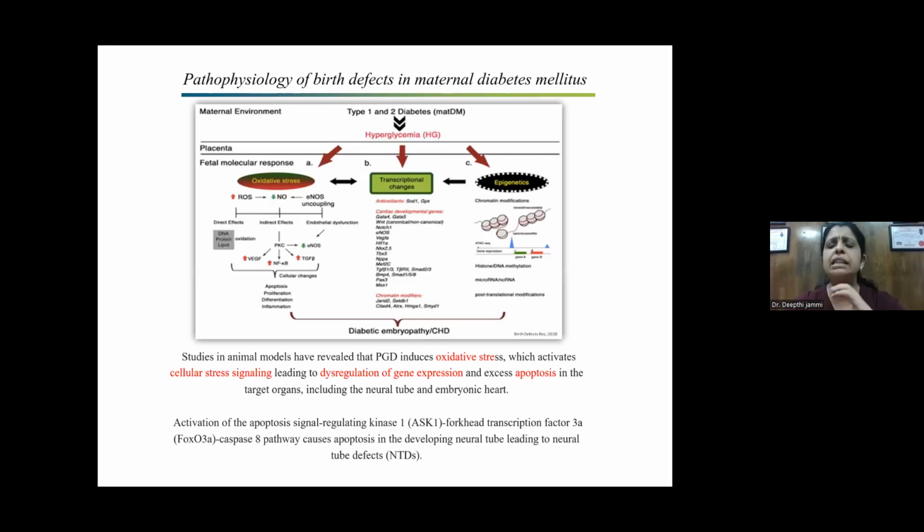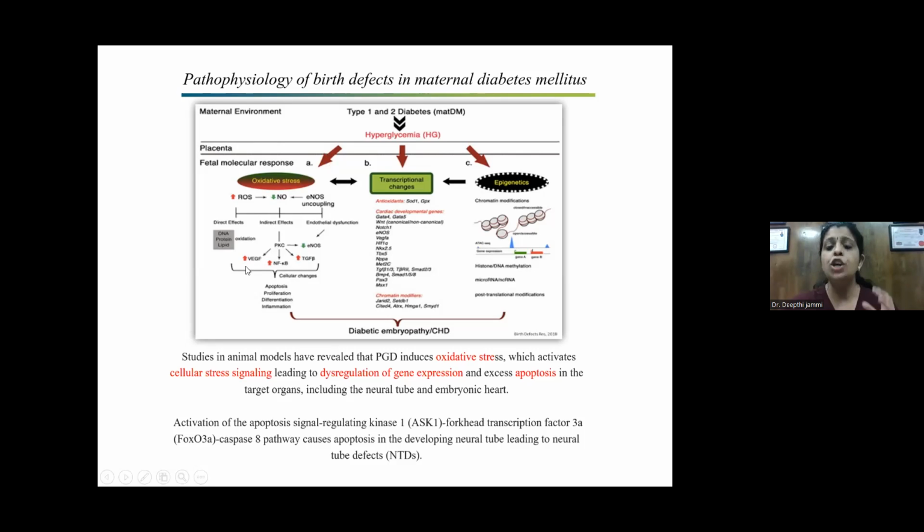And what is the pathogenesis? Whether it is pregestational diabetes, type 1 or even type 2, when there is hyperglycemia happening as early as the first trimester or even the second trimester, there are three pathways you need to look at. The first pathway is oxidative stress. When oxidative stress is released, it stimulates a cascade of stress signaling, and this in turn dysregulates all the